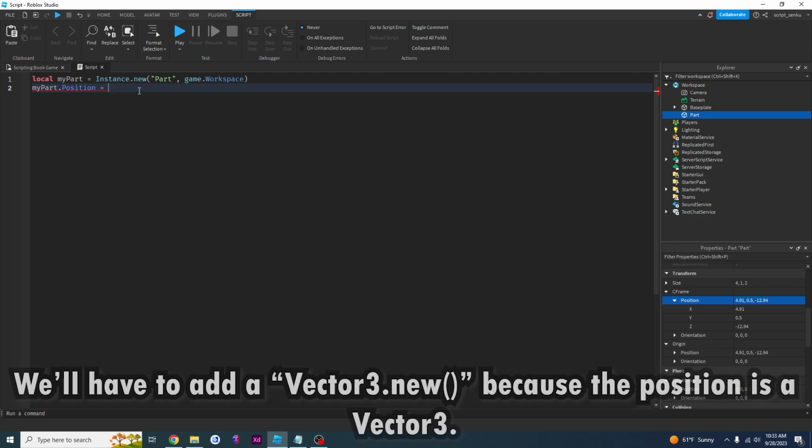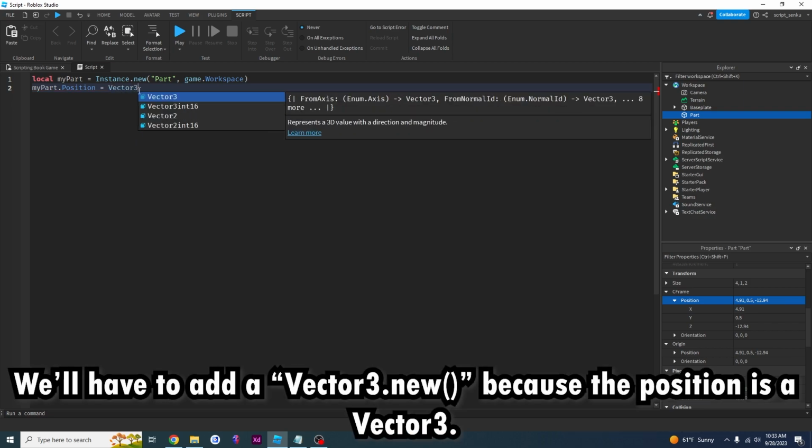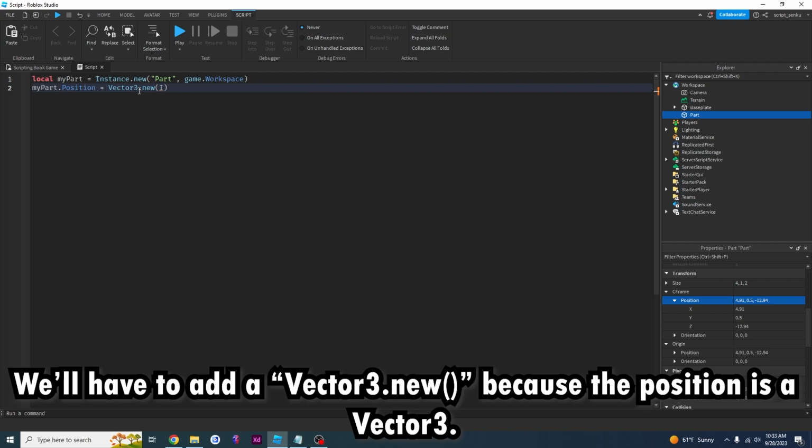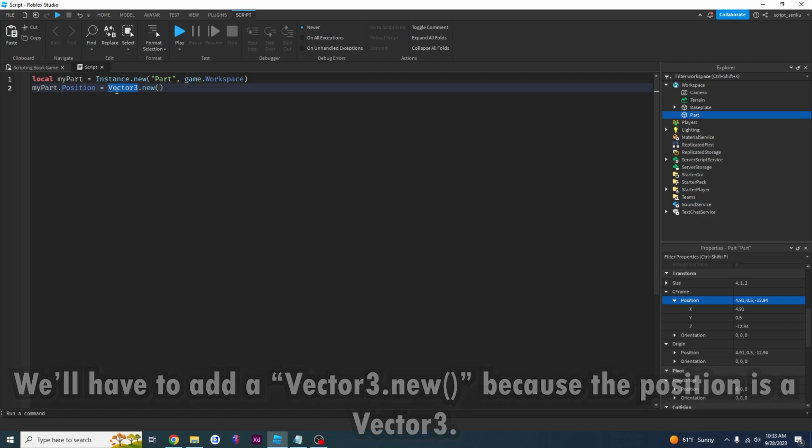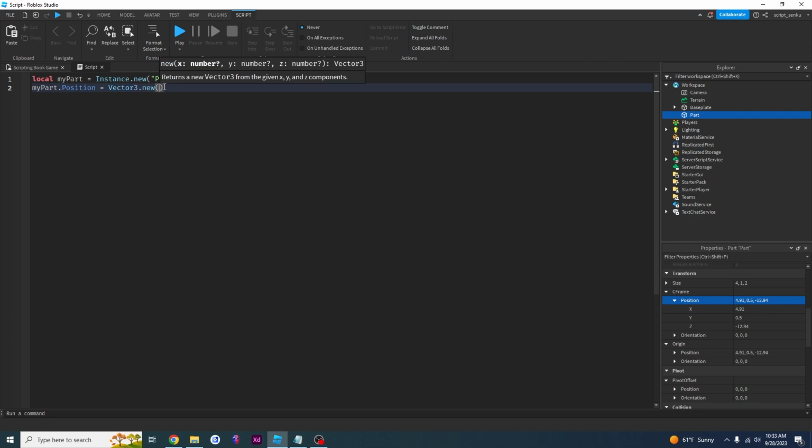So the part's position is going to be Vector3.new. So what is this Vector3.new? This is literally telling Roblox to create a new arrow, and whatever goes inside these parentheses is the X, Y, and Z coordinates of that arrow. So that is where the arrow will point to. So this Vector3.new, just think about it as creating a new arrow, and then we're putting some X, some Y,